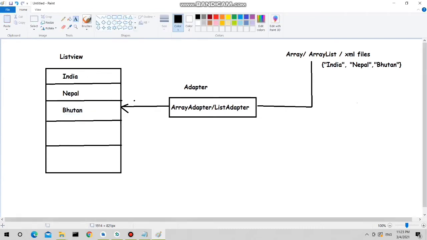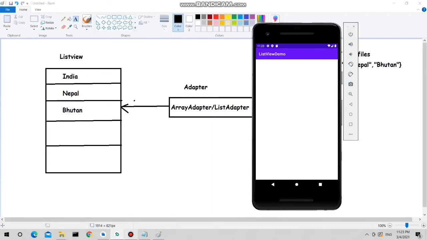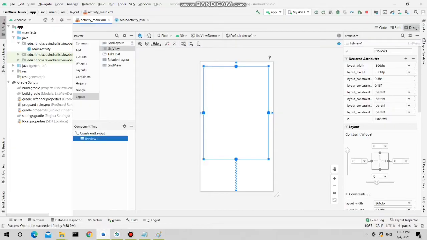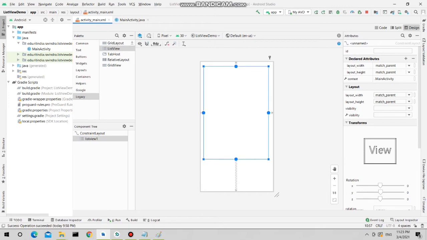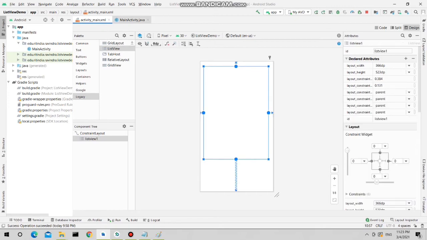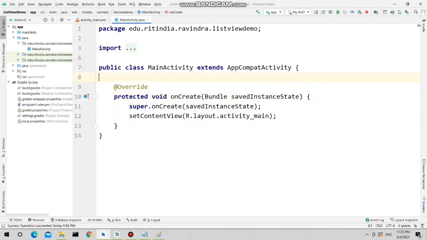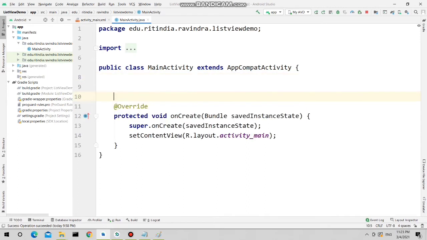So this will be the scenario, so let us start with this. I have dragged and dropped the list view, so our list view is ready without items. Now create the source, that is the string array, and store some countries in that string array.